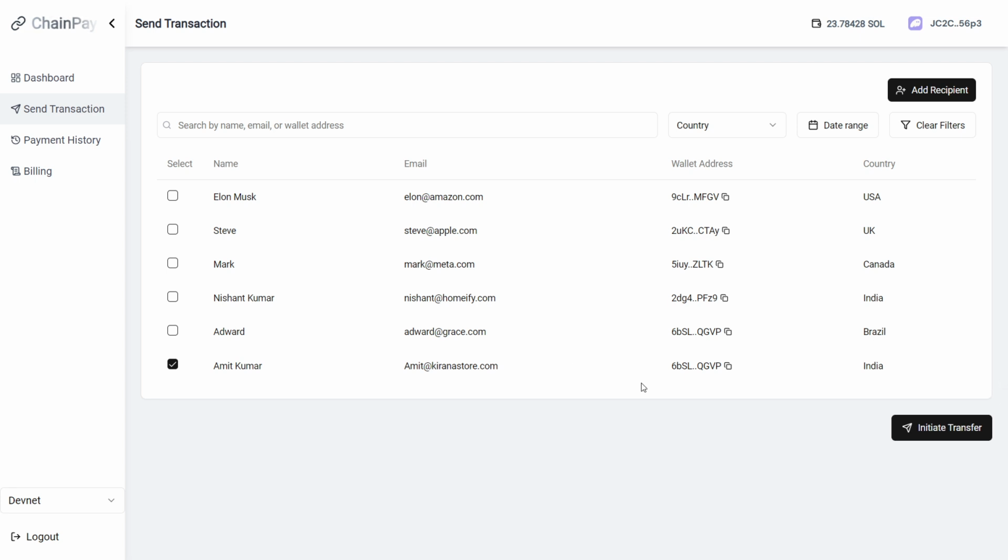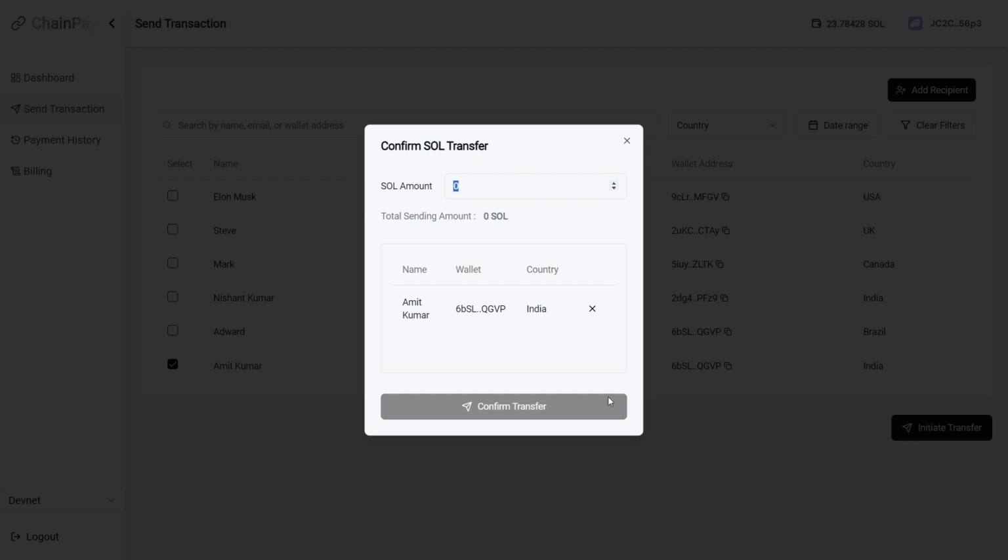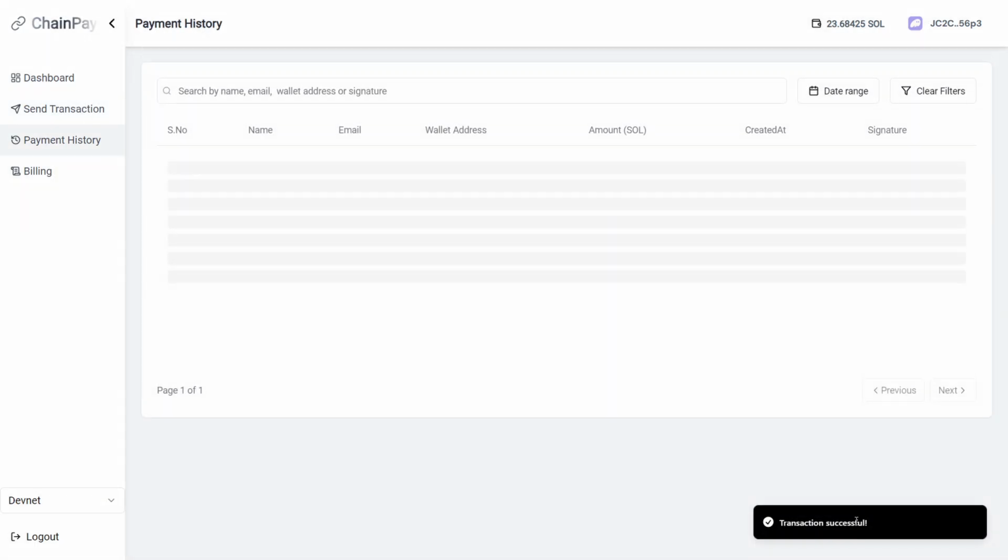And you just select Amit Kumar. You want to send the transaction only to Amit Kumar, so you will also be able to send the transaction, right? And you just confirm how much SOL you want to send. I want 0.1 SOL, and just confirming, and it will open the pop-up of the wallet, and you just confirm the transaction. Just click and verify, yeah, I want to send, confirm. I am just confirming, and the transaction is successful.